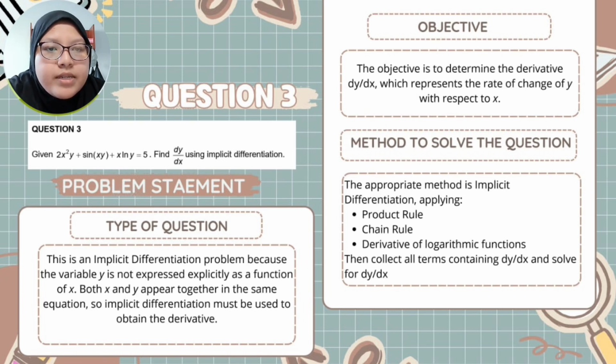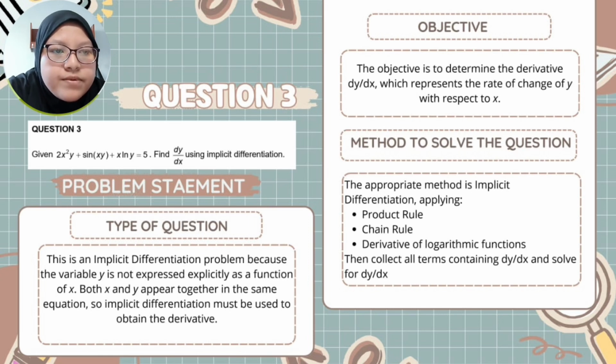Type of question. This is an implicit differentiation problem because the variable y is not expressed explicitly as a function of x. Both x and y appear together in the same equation, so differentiation must be performed implicitly with respect to x. The objective is to determine the derivative dy/dx, which represents the rate of change of y with respect to x. The right method to solve this question is